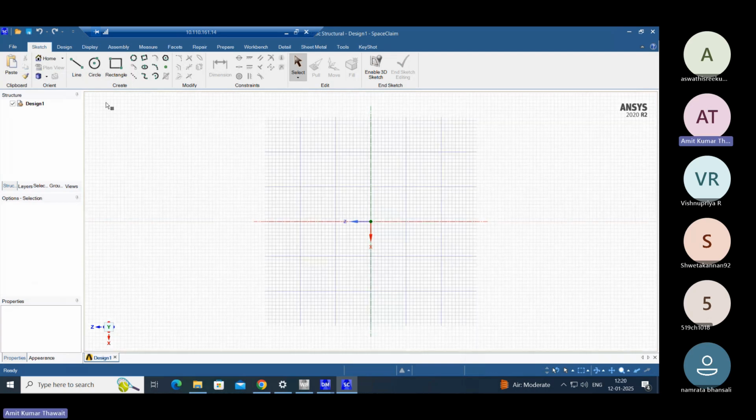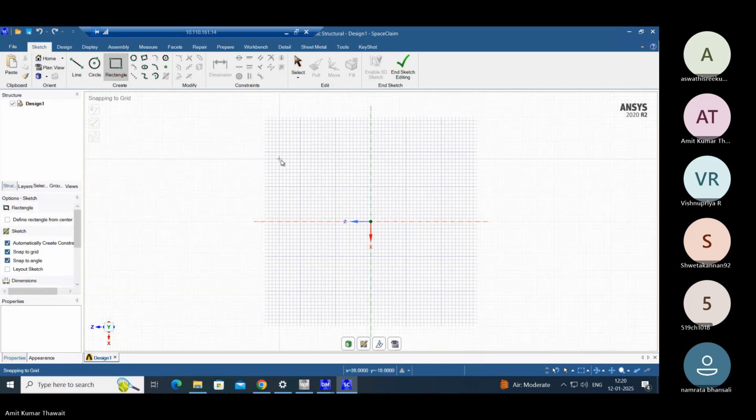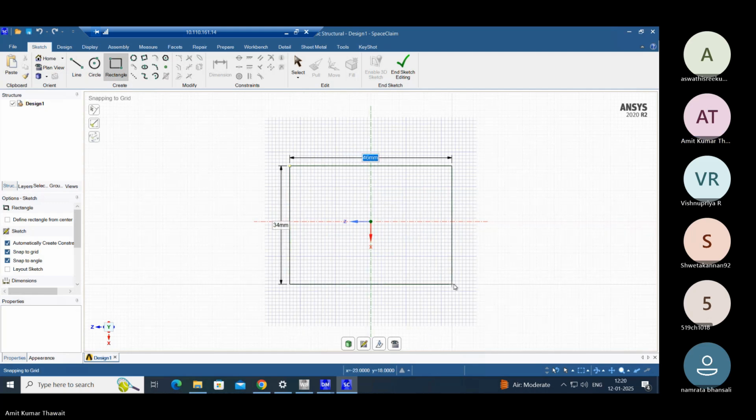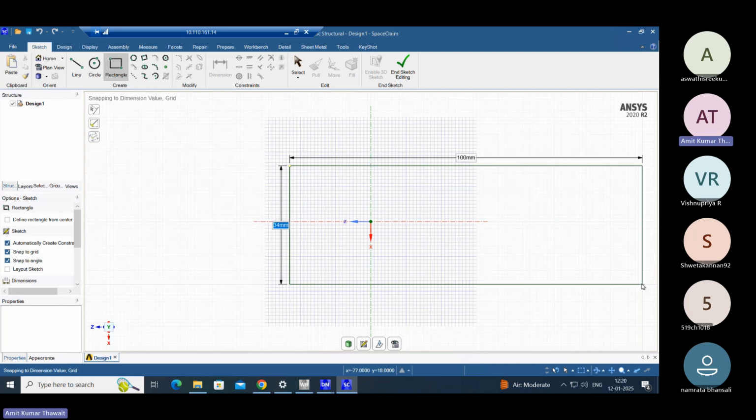So here we will draw the rectangle. First we will draw the whole rectangle, then we can cut it. So we will learn that option also. It is 100, so we will enter 100, then we will press the tab button, and here we will give 60,